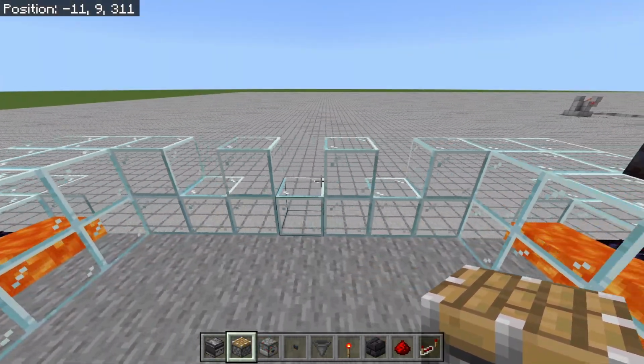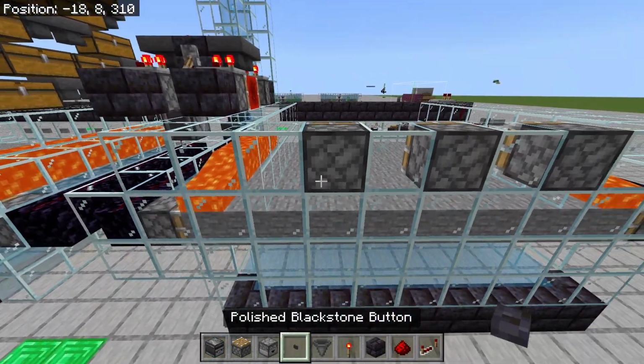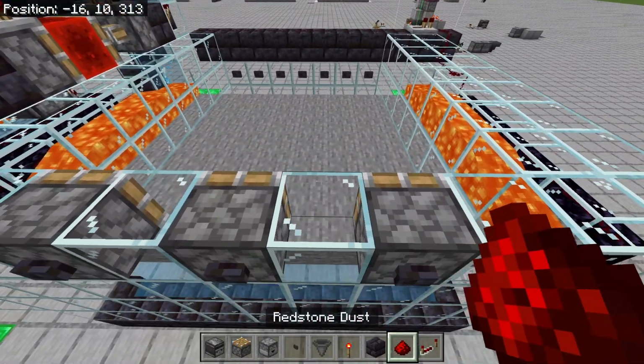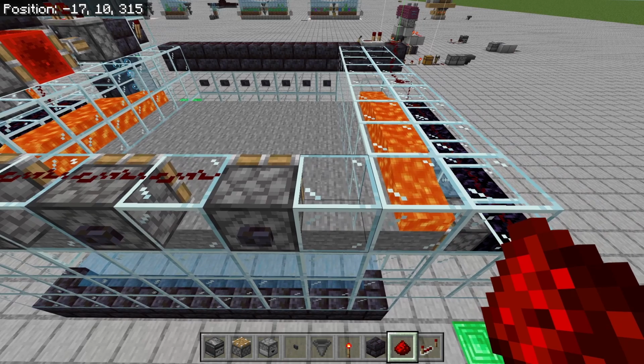We're going to go down to these empty spots inside of the glass. We're going to place down pistons in these 3 locations. On the back side of those pistons, you're going to want a button on the back of each of these. Then you want to place down a piece of redstone dust here, and then bring this all the way to the left. On this first piston here, you're going to skip this one, go to the right, and place down